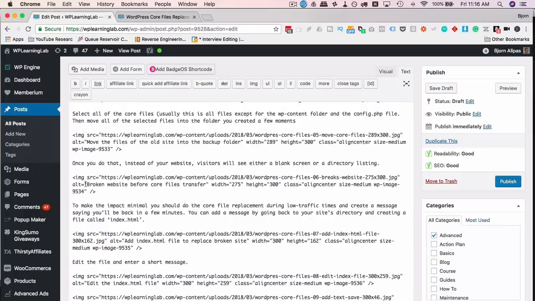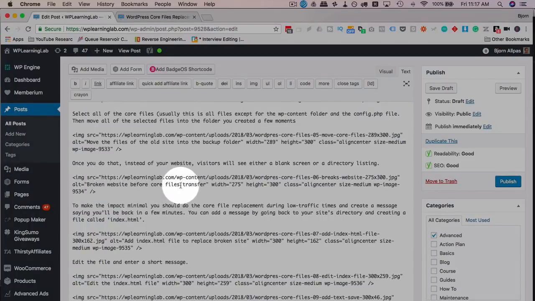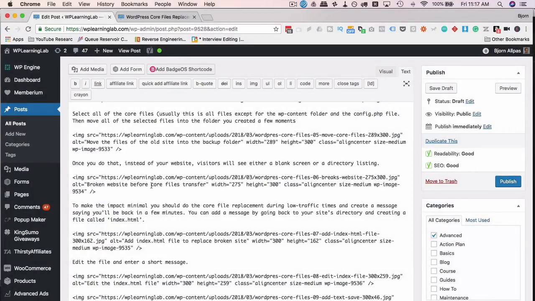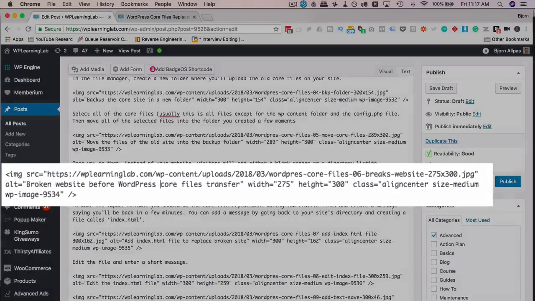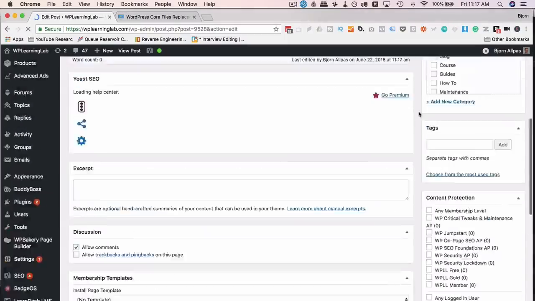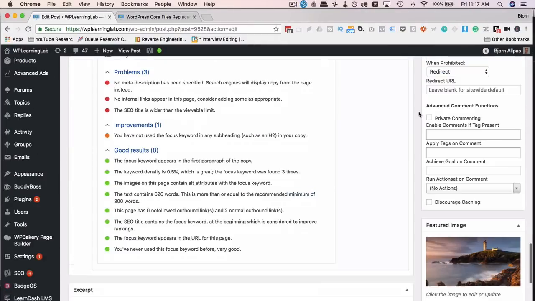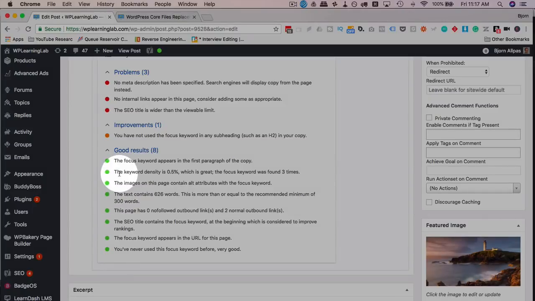So here's one. Broken website before core files transfer. I'm just going to say, because our focus keyword, if you remember, is WordPress core files, I'm just going to add the word WordPress. Now it says broken website before WordPress core files transfer. Click on Save Draft. Head back down to our checklist, and now we have that alt tag moved into the